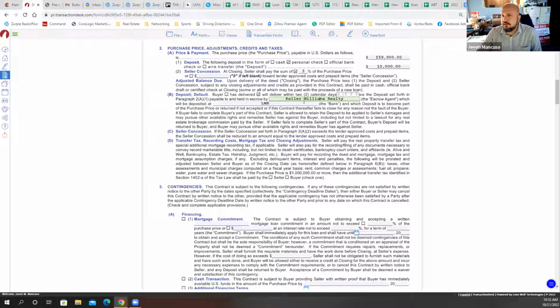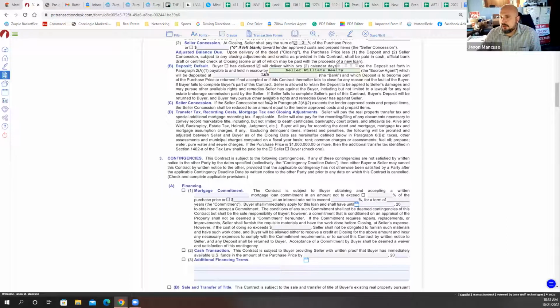So the deposit in this case is going to be held by Keller Williams Realty, and it's deposited at LNB, Lions National Bank, which is the escrow bank that is used by our brokerage. Sometimes it's M&T; different banks are used. But